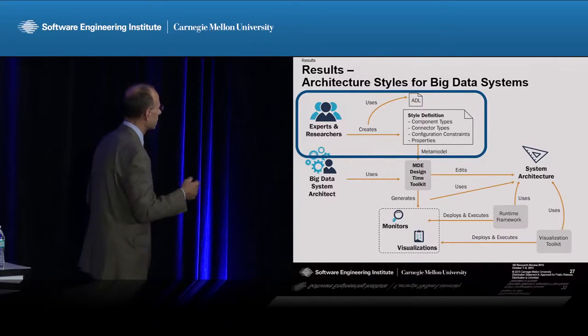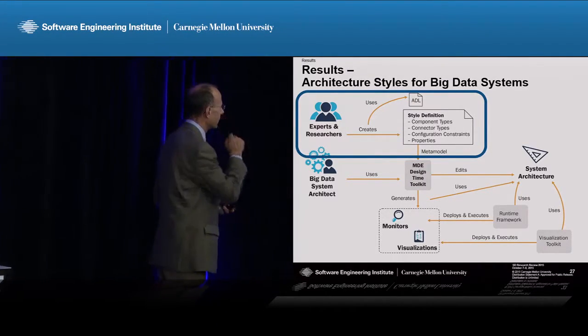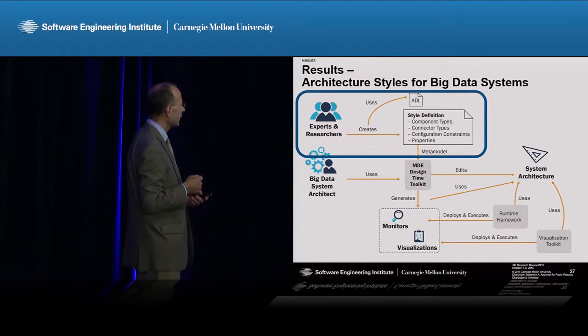So let's explain the details and the results, working from the top down now. In terms of style definitions,